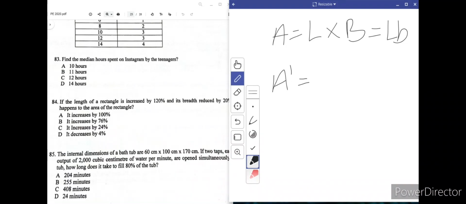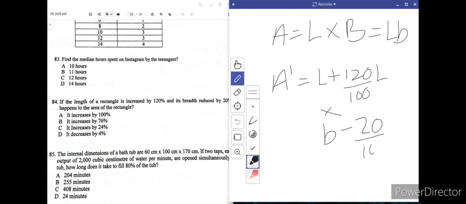That means length is length plus 120% of length, that is 120 L. And into breadth we have to do. Breadth will be equal to breadth B minus how much it is reduced, 20% is reduced, B minus 20% of B. So this is the